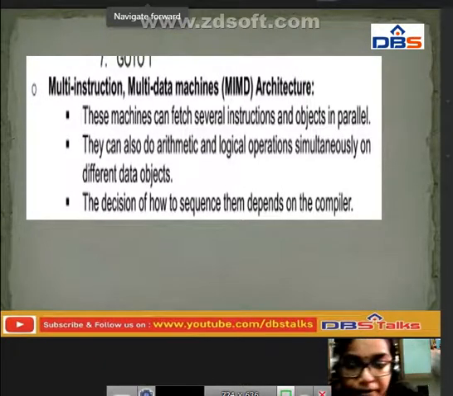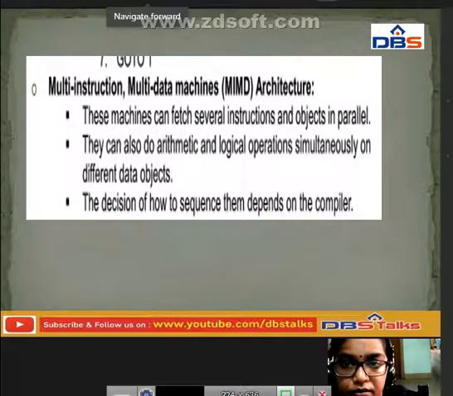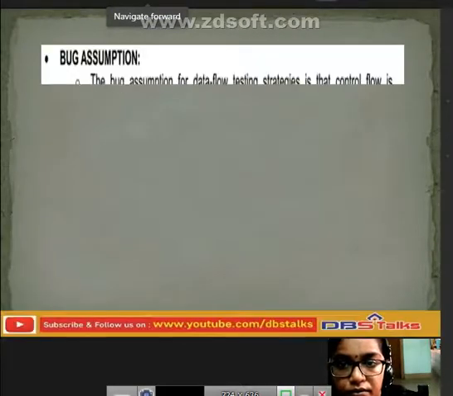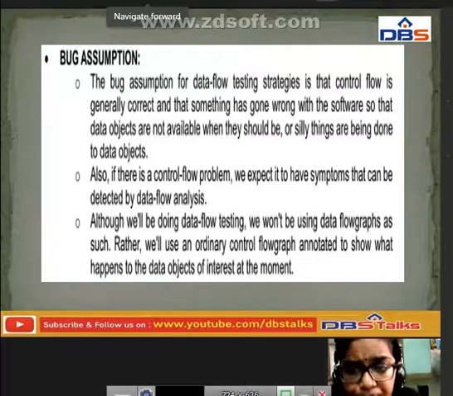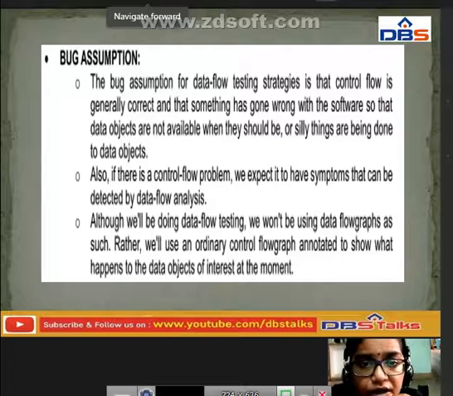See, how are we going to assume that particular bug? Here the bug assumption for the flow testing strategies is that the control flow is generally correct and something has gone wrong with the software, so that the data objects are not available when they should be.